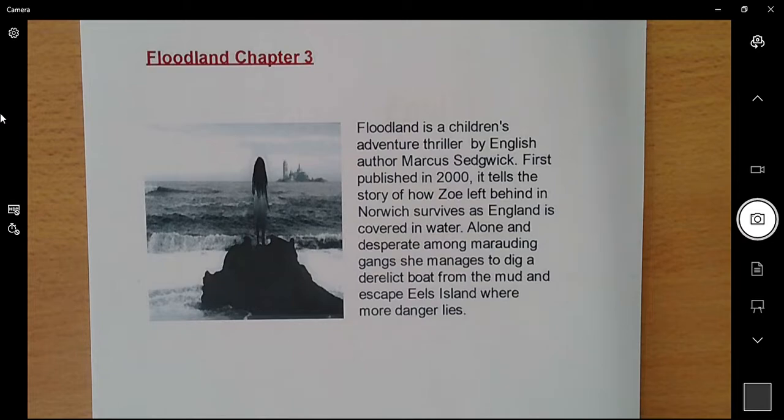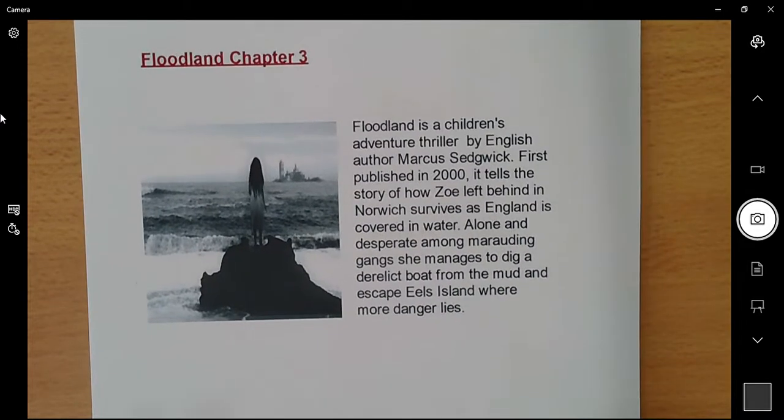So before we go and look at Chapter 3 in detail, we're going to first look at the vocabulary that we will encounter throughout the text. Now, I'm really looking forward to seeing all your actions on Seesaw. If you're brave enough to put up a video of you doing the actions, then please do. Remember, it's only us teachers that can see it, so it'd be great to see what actions you can generate around these words. Okay, so the first word we're going to encounter in Chapter 3 is